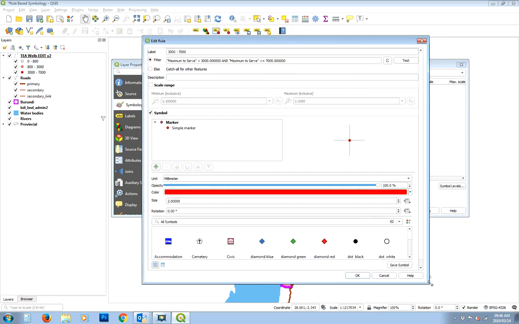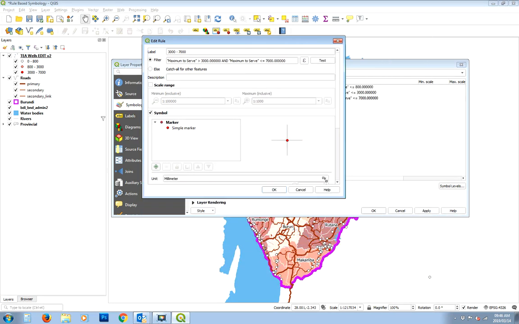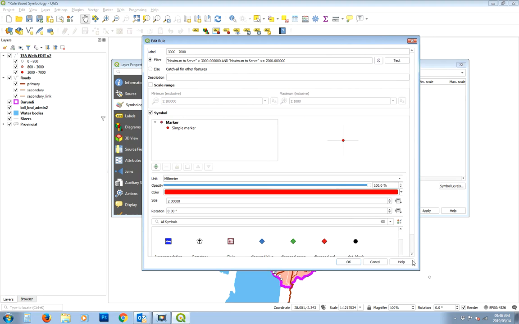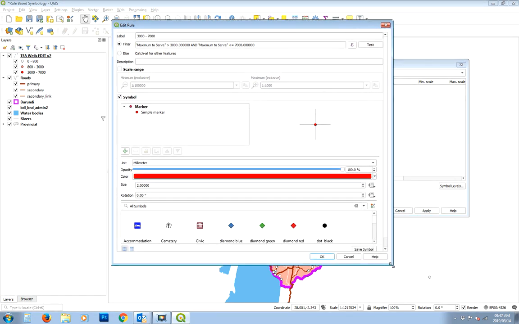So if you can't see the symbology settings for the actual icon, just drag your window bigger. And you may need to do this a lot in QGIS. When you open the project for the first time, it kind of resizes to the screen that you're using. So if you're using a laptop, you often have to drag windows bigger. But that's something else. So now we just need to make sure that it's only showing the electric